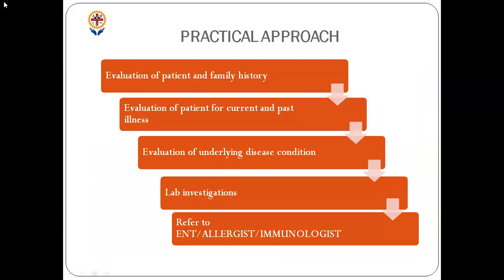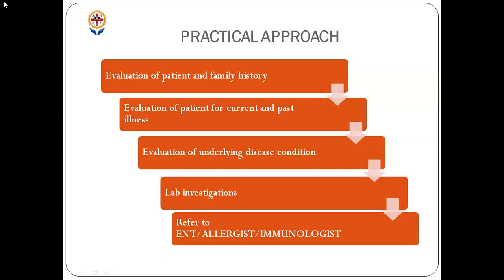So anyway, in present history, we will ask about the onset and duration of symptoms and all. So what will you ask in past history? Were there any frequent episodes in the past with similar complaints? You can ask for the number of similar episodes in the past 6 months, past 1 year, and we can also ask about the age of onset of the first episode. This is important for allergic rhinitis and immunological conditions.